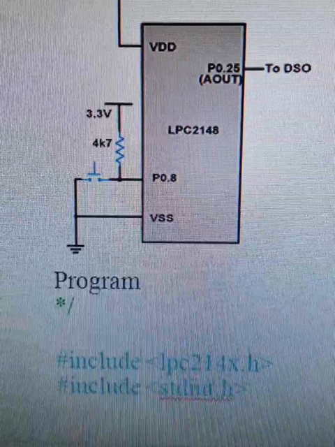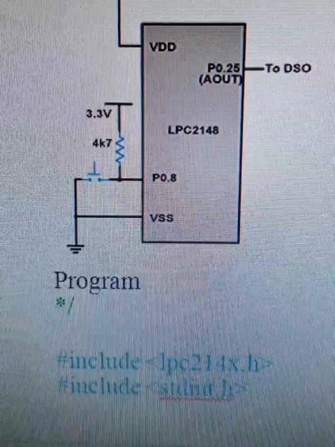Let us see an example of a simple program for the LPC 2148 DAC. In that we will load the DAC value with various values to generate the sine wave, triangle wave, sawtooth wave, square wave and the DC wave. That means 4 switches are used as inputs: P0.8 for the sine wave, P0.9 for the triangular wave, P0.10 for the sawtooth wave and P0.11 for the square wave.